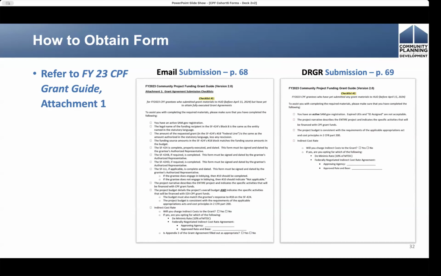So both of these checklists are available in the grant guide if you want to go back and take a look at them, just to make sure that you've met some of those frequently forgotten items, or ways that people have encountered getting a rejected package, so that you can avoid those with your submission.